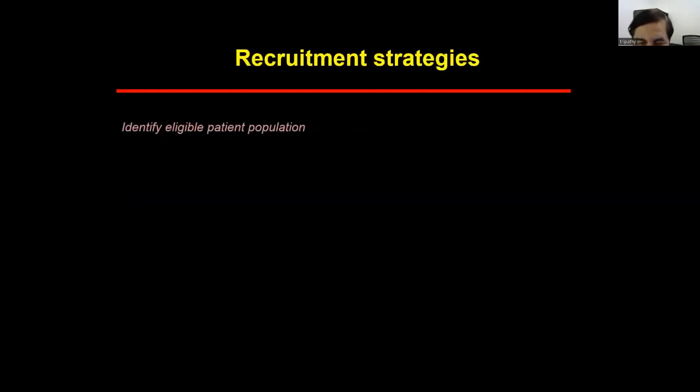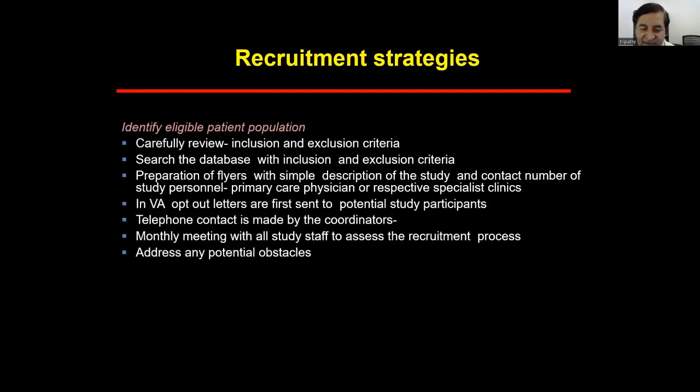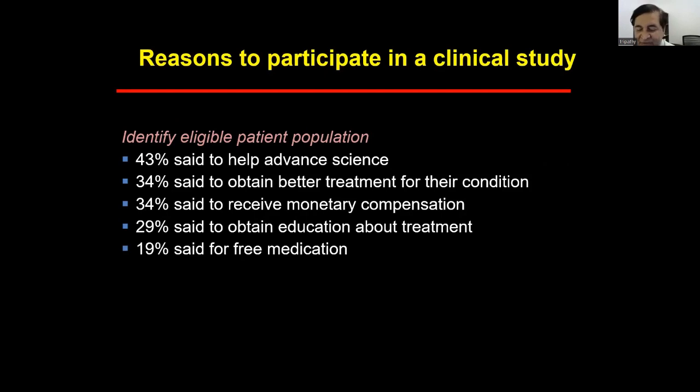And I think we can skip these recruitment strategies because this has already been discussed in detail by Dr. Saladini. And just to give an example, like why people say they want to participate in clinical trials. Actually, I was surprised to see that about 40% are altruistic. So they say, well, it may not help me, but it'll help the next generation. And in fact, among the veterans, a lot of them say that, yeah, it will help other veterans. And some say monetary compensation. Some say they'll get access to newer treatment, which they do not have insurance for, so they get better access. And some say they want to learn more about newer treatment. So the next.